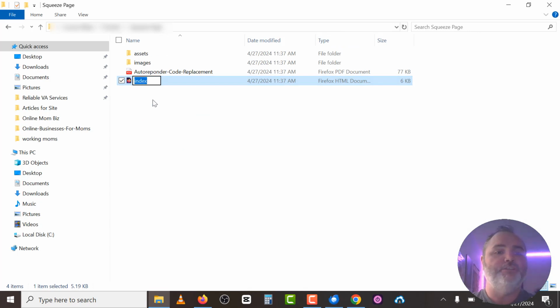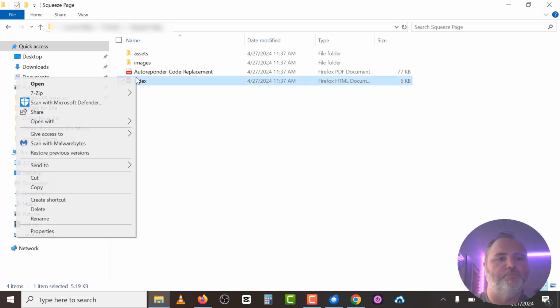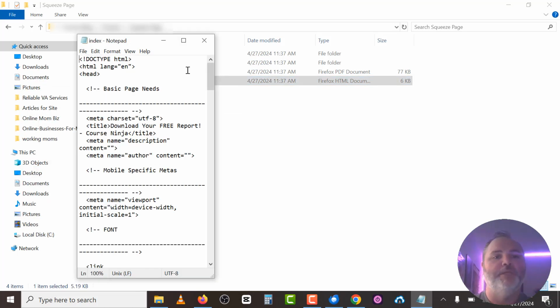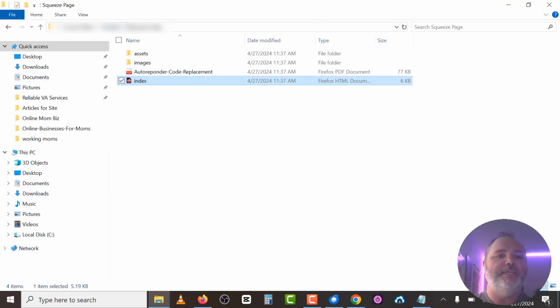And so what we're going to do is we're going to go ahead and right click on this, and we're going to go to open with, and then open with Notepad. Okay, so why am I doing this? What are we doing here? So in that little